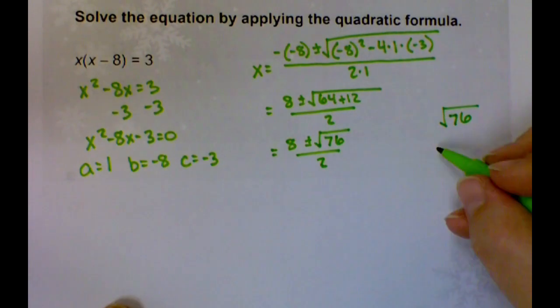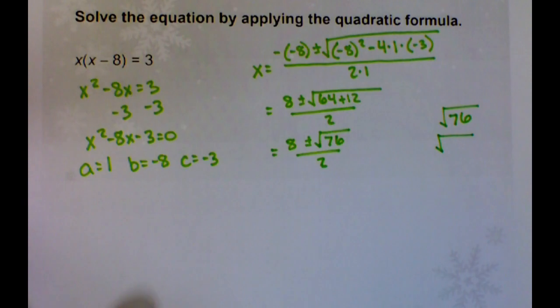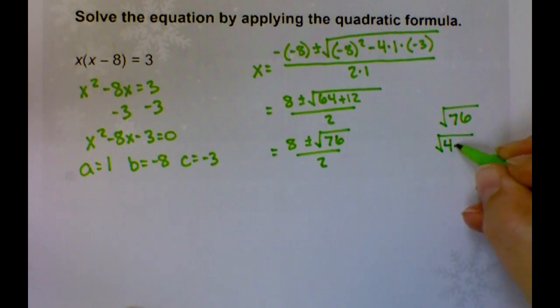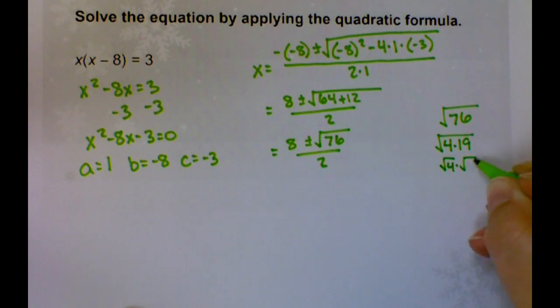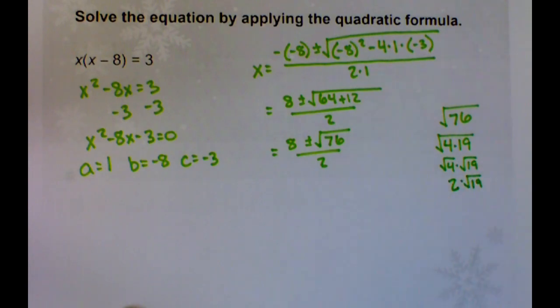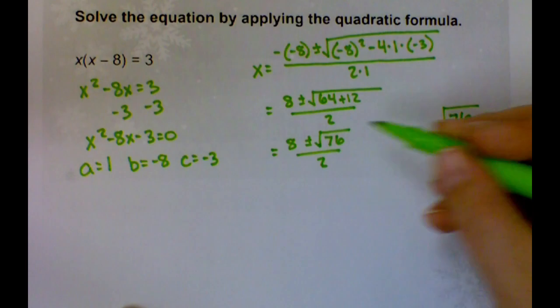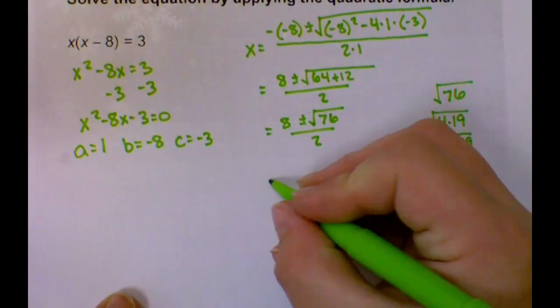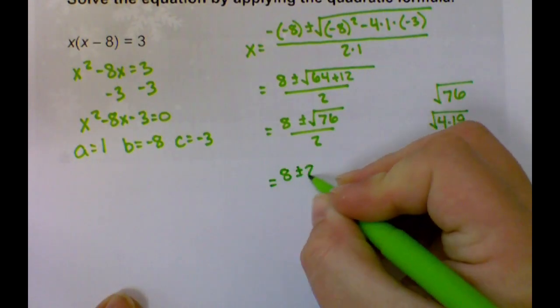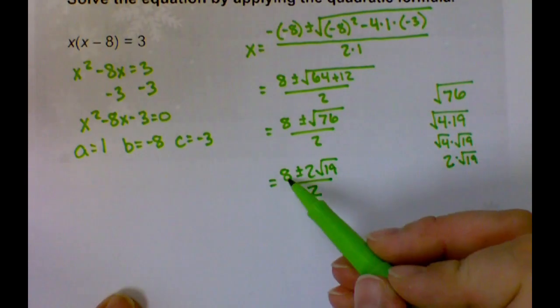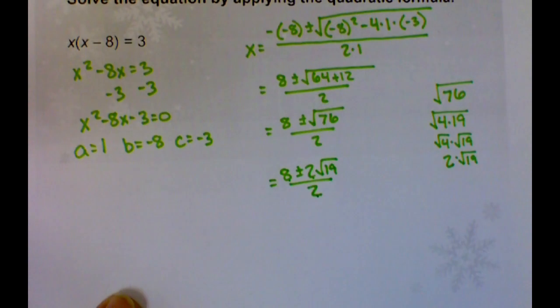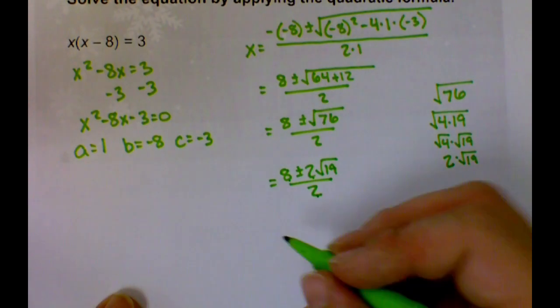The square root of 76: a perfect square that goes into 76, we can do 4 times 19. And I know the square root of 4 times the square root of 19. Well, the square root of 4 is 2, and the square root of 19 is just stuck. So we're going to replace the square root of 76 with 2 square root 19. And the reason we do that is because now I see that my 8, my 2, and my 2 can all be divided by something. I can divide everything by 2,